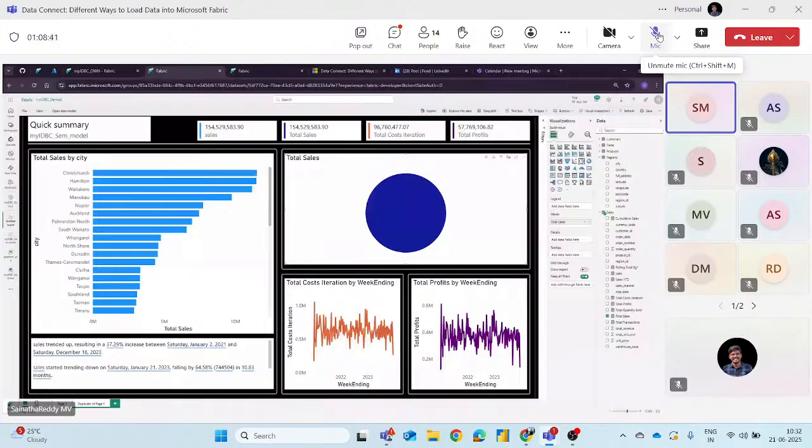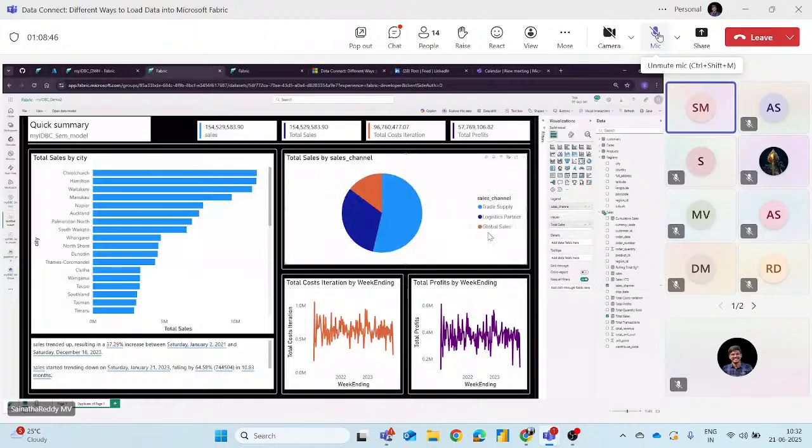It is easy to show a comparison with a pie chart. Comparing the sales channels, I have 3 channels, so how much each channel is contributing to sales. Trade supply is contributing almost 53%. I need to enable data labels. Now you see it is easy to find that trade supply has the highest contribution of sales.